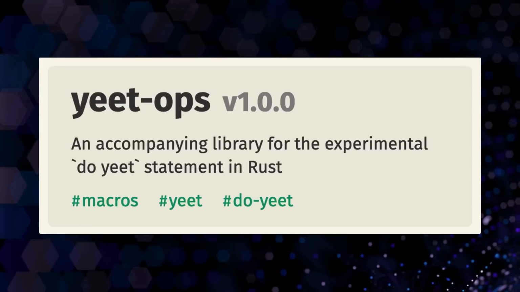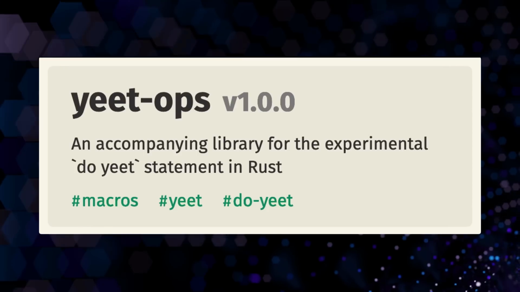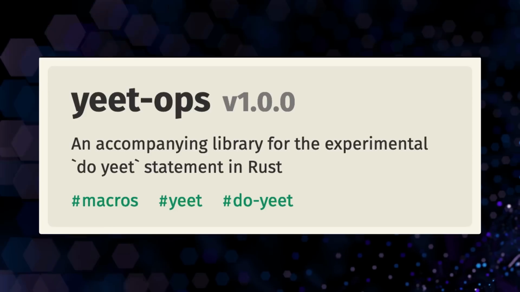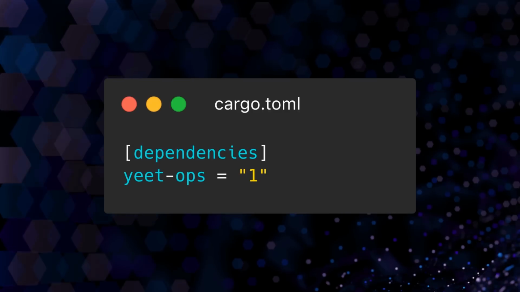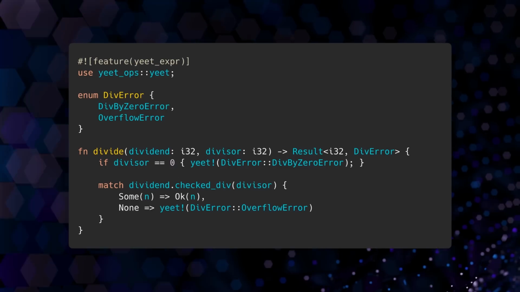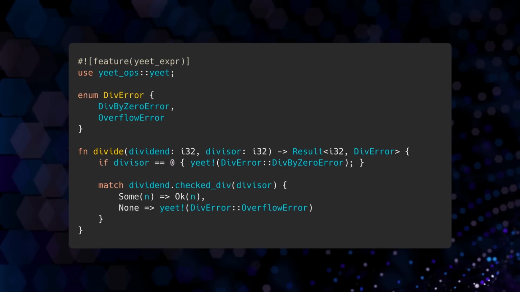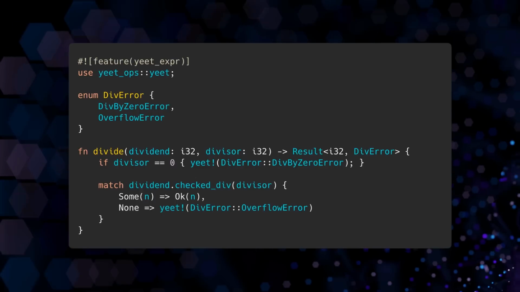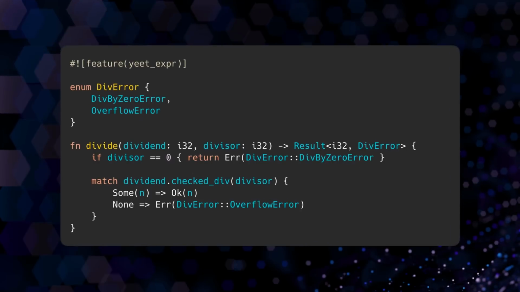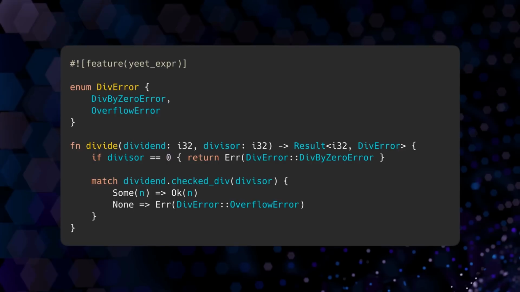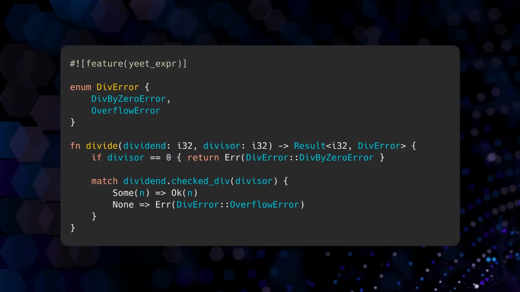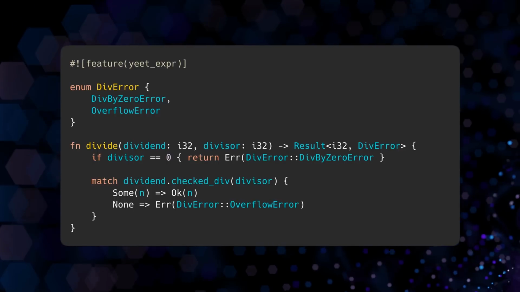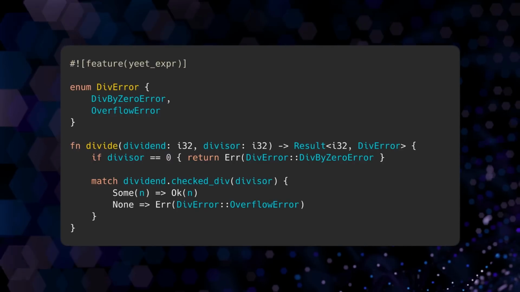However, if you want to try a slightly more concise syntax, there's a crate called yeetops which allows us to yeet errors using a simple macro. First add yeetops to cargo.toml, then import the yeet macro and update the do yeet calls. Our code is concise, readable, and matches the mental image of yeeting errors. For comparison, a version of this function without the yeet syntax would look like this. Instead of messing around with error and return, we now have a simple, uniform, and fun way to yeet errors